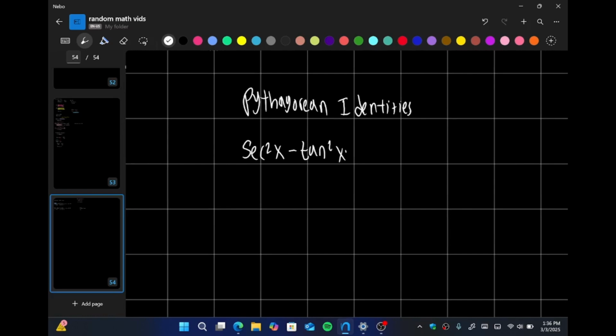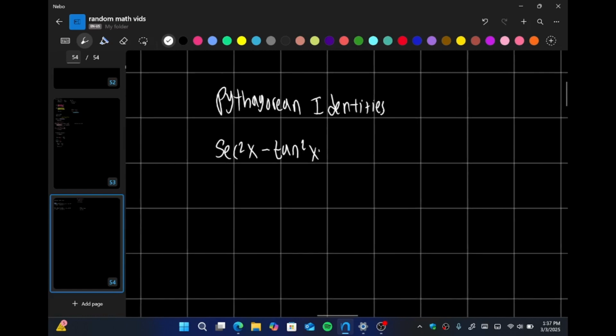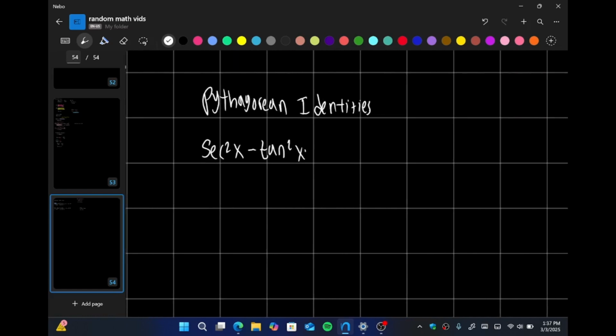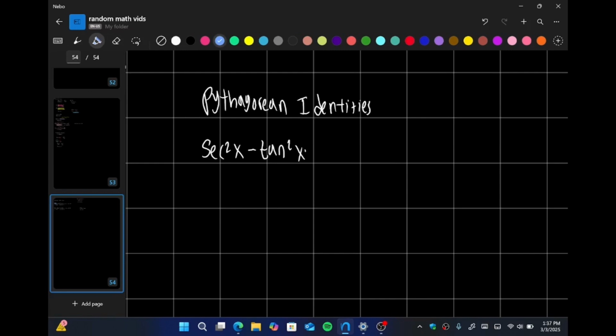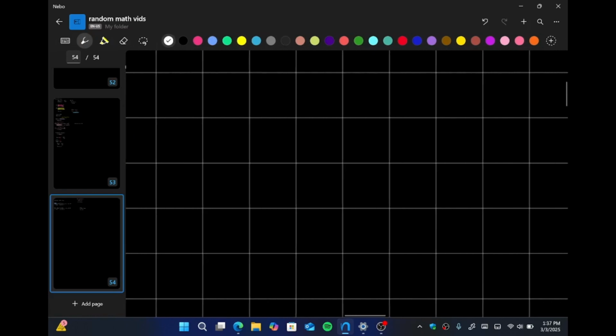You can either turn secant squared x into terms of tan squared x, or you can turn the tan squared x into terms of secant squared x. So we're just going to do it by replacing this. What I want to emphasize, guys, is that secant squared x